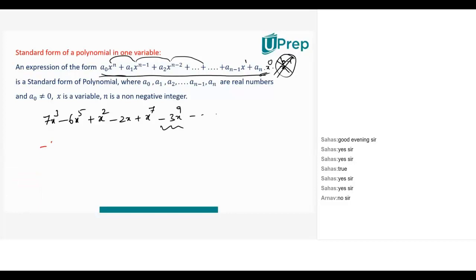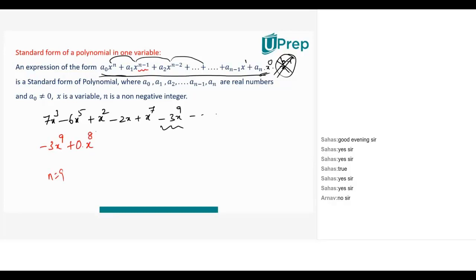Then what is the next term? There is something called n minus 1. That means for me n is 9, because this is the highest power. Now after 9, what should be the term? I need 9 minus 1. Where is this 9 minus 1 term? I don't have any power 8 term. So in standard form, what should I mention? 0 into x to the power of 9 minus 1, that is 8.